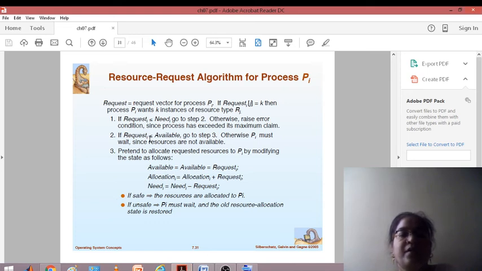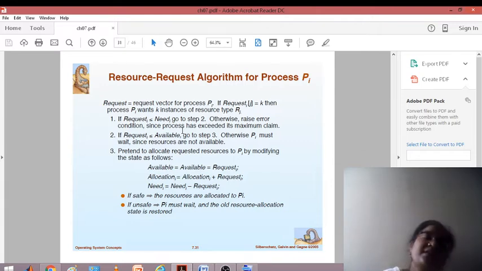Now if Request of i is less than or equal to Need, go to step 2. Otherwise raise an error condition, since the process has exceeded its maximum claim. If it is requesting more resources, Need is always equal to Maximum minus Allocated.